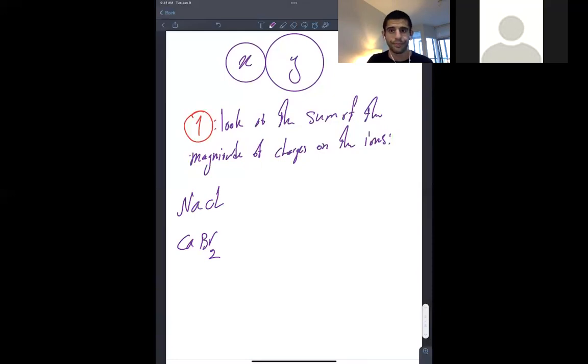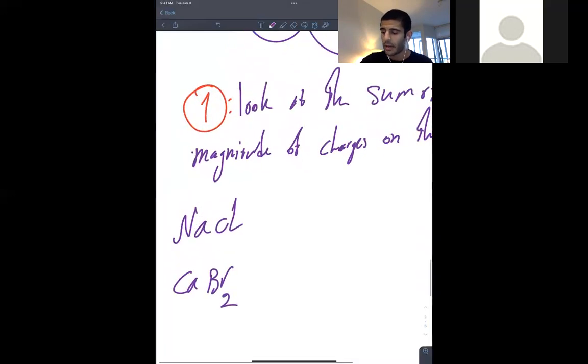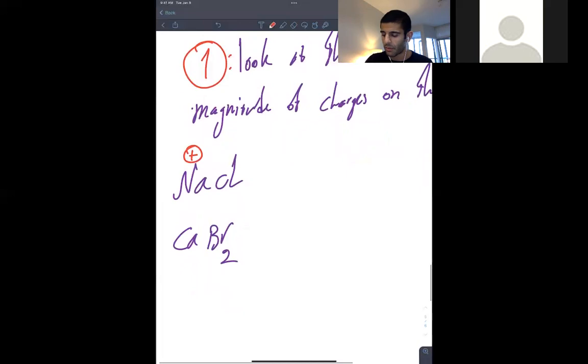Sure, that works. So again, we know the charge of the positive ion. It's +1 for Na, and this one is +2 because Ca is in group 2. So what does it mean? It means that you can actually put this